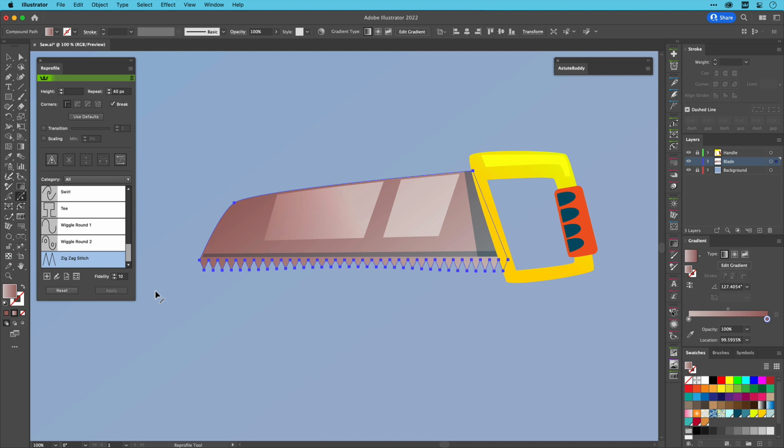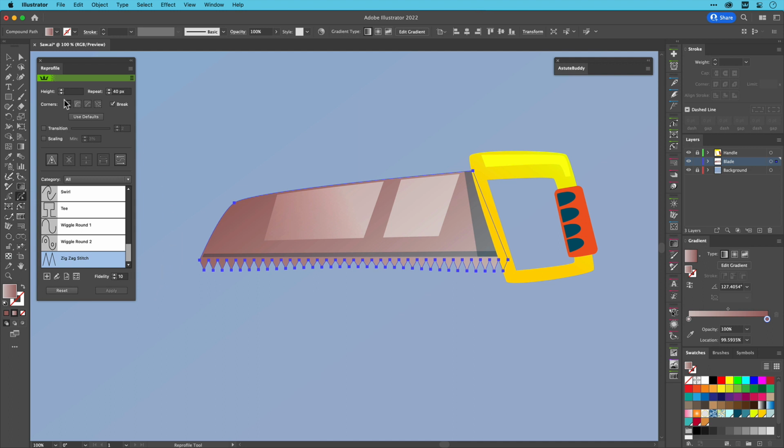With that fixed, let's look at what's changed. The most important thing is that the path of the saw blade is still a perfectly editable, filled shape with the same gradient applied. There is no evidence of a plugin or any other tool having touched the shape, nothing to expand or to explain to any other recipient of your vector artwork file. I can continue to edit and change the shape as normal with any native or Astute Graphics tools I choose.